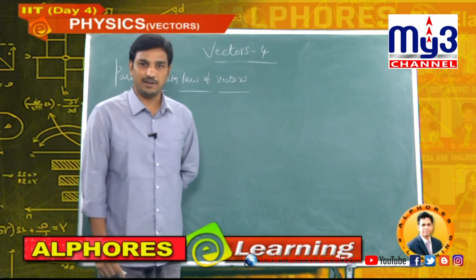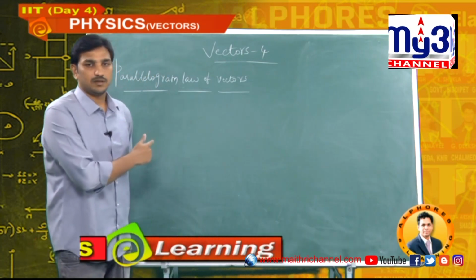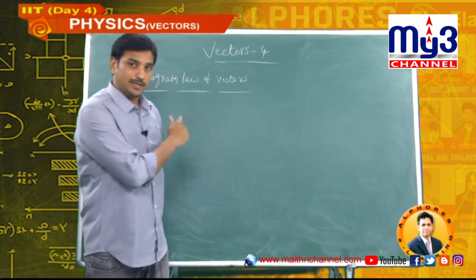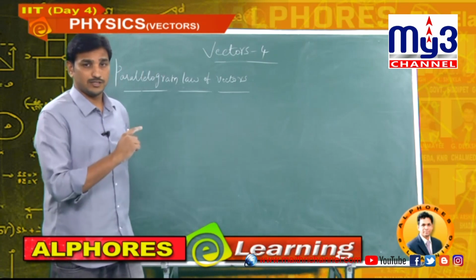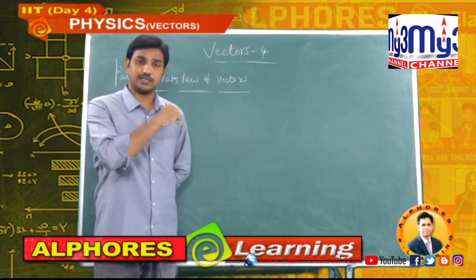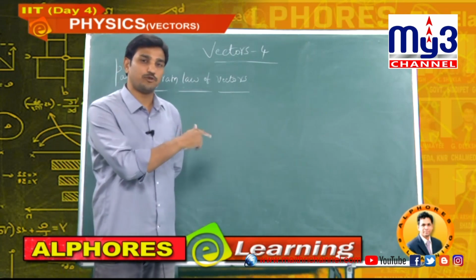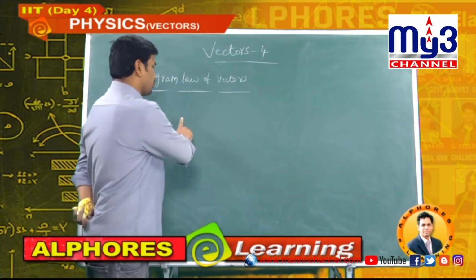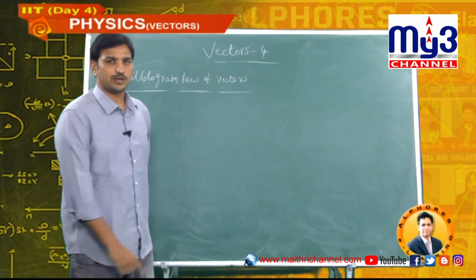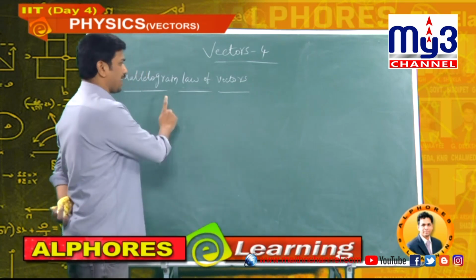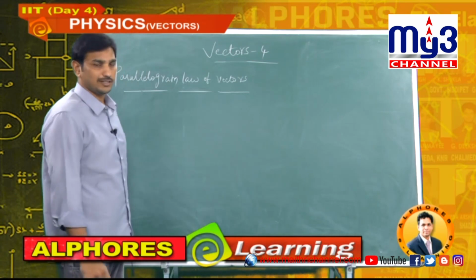Triangle law of vectors is giving the resultant vector of A bar and B bar. Here we are getting the magnitude of the resultant of A bar and B bar. That is the only difference. There we are getting the resultant vector of two vectors by triangle law. Here we are getting the magnitude of the resultant of two vectors. It is more useful in our physics, in so many places, not only one single place. Most of the time in our physics we will use this parallelogram law of vectors. Take care, it is too important in all kinds of examinations.